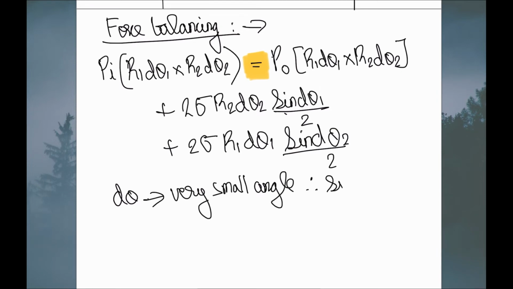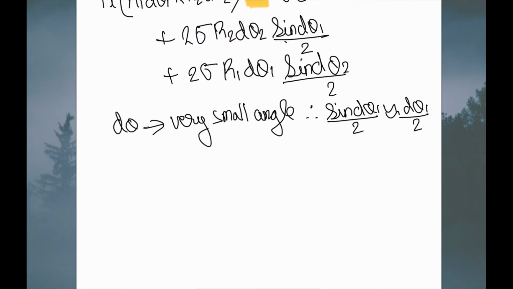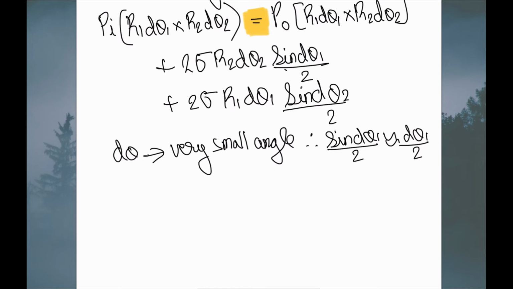Therefore, sine d theta 1 by 2 is approximately equal to d theta 1 by 2. The same goes for sine d theta 2 by 2. Therefore, what this equation becomes is